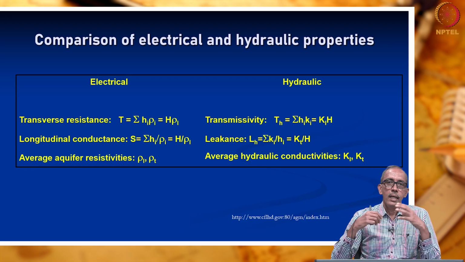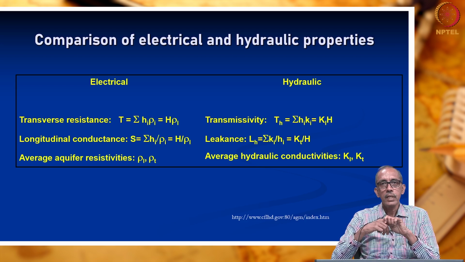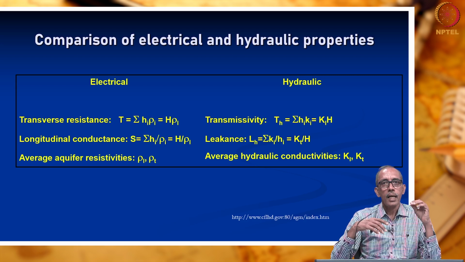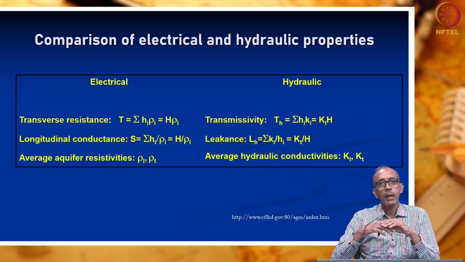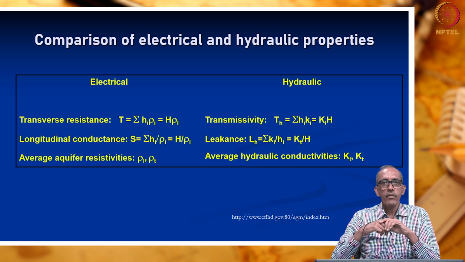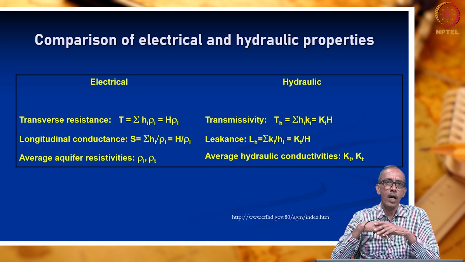Hello everyone. In the last lecture, we had seen what resistivity methods are, and how the resistivity of the subsurface of the earth is controlled by various factors. That is what we had seen toward the end of the last lecture. And apart from the factors which we have considered, the flow of current beneath the subsurface is somewhat similar to the flow of water.